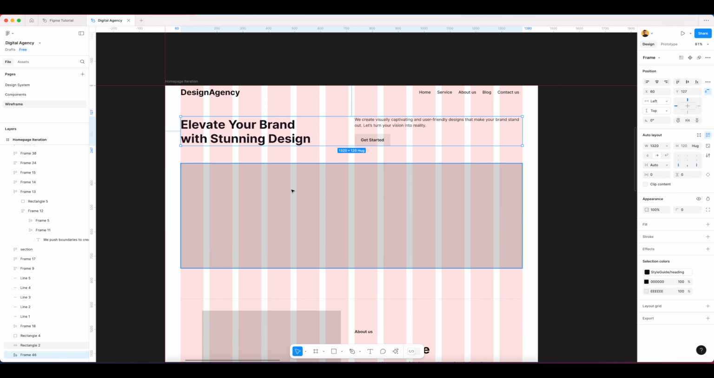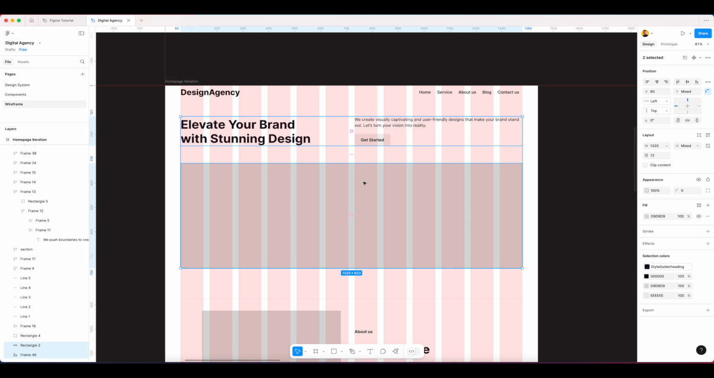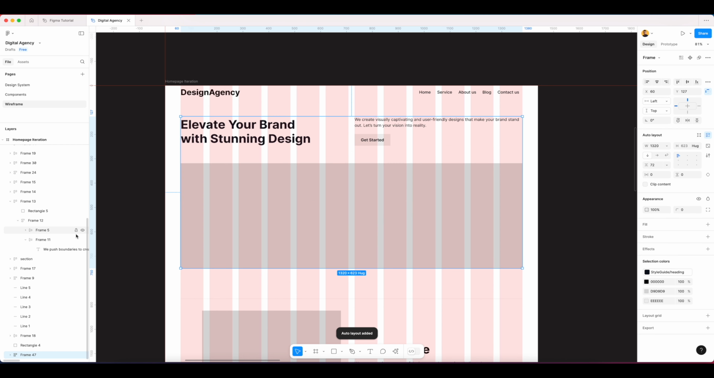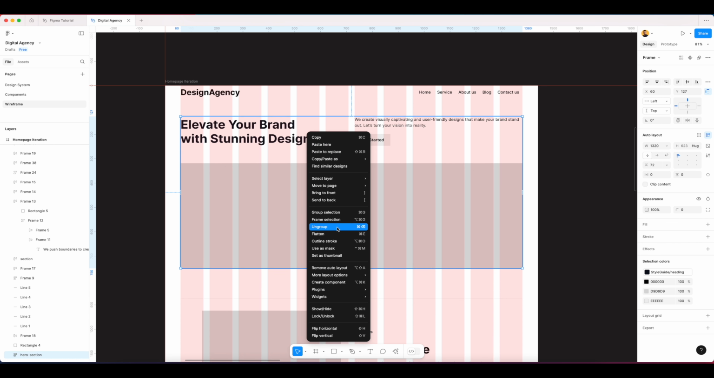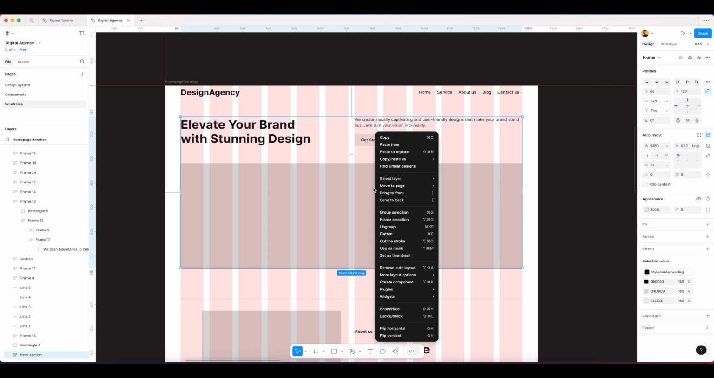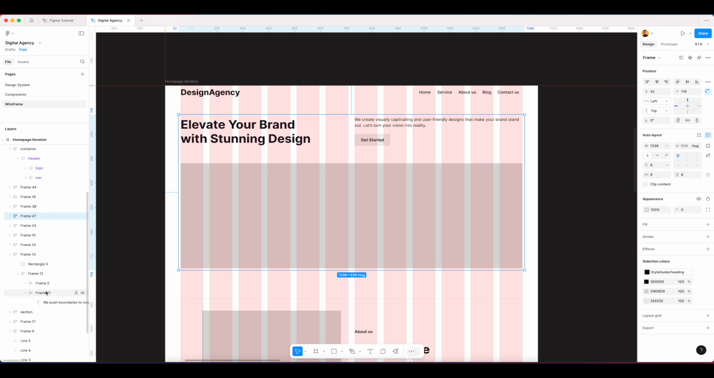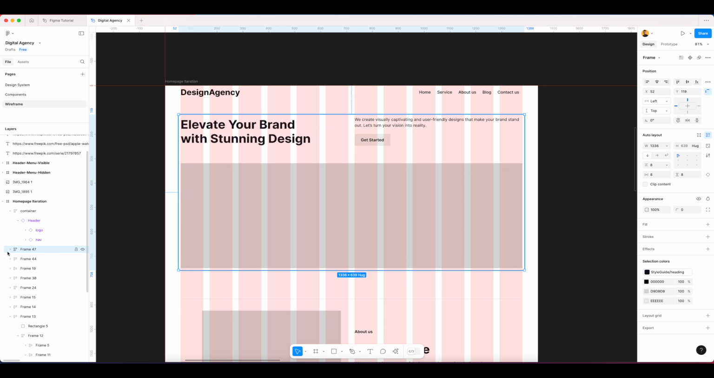Okay, by selecting this and also selecting this, I convert this into auto layout. After adding auto layout, I just rename it hero section, and again I convert it into auto layout. So we can just add the container. Here is the last one. I just bring it to the top after the container of the header. Now we just name it again